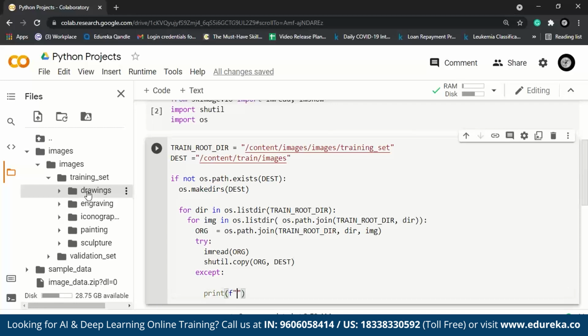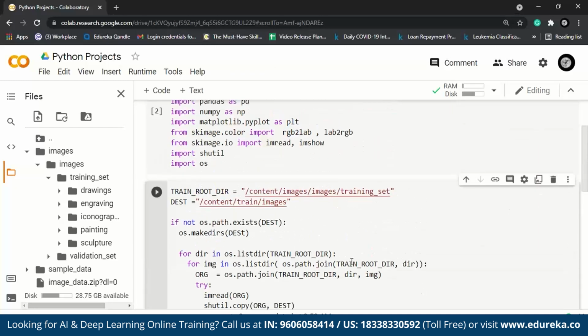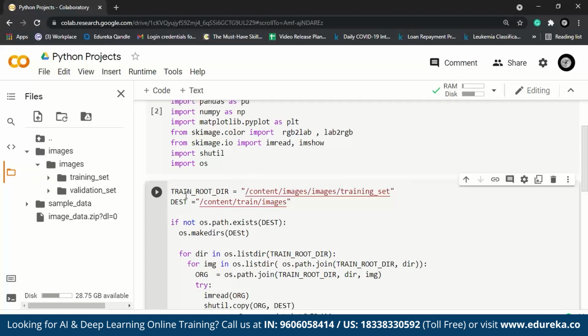Let's say if that particular image isn't able to be read, the image cannot be read. And here all I'm going to do is pass the path. It's going to be origin. This looks great. If you want a quick summary, we are just trying to access this. We are trying to have a dictionary here. This is going to be train root